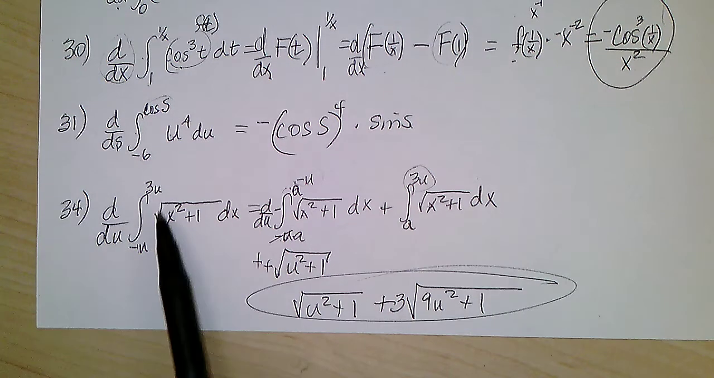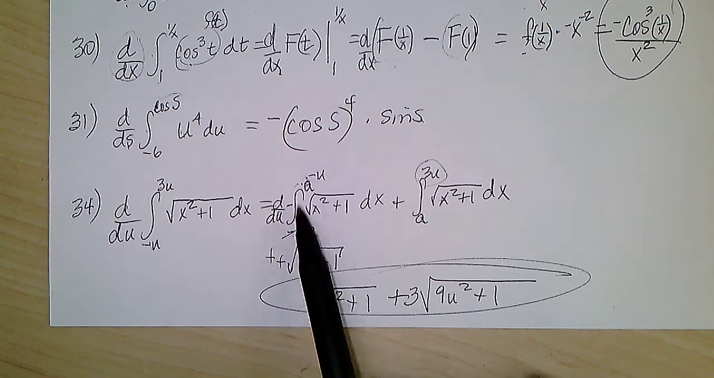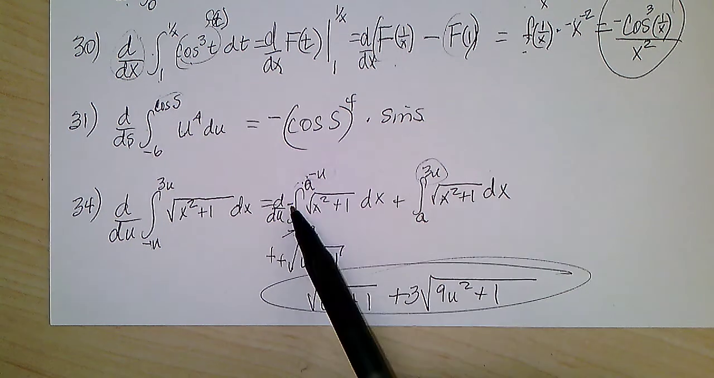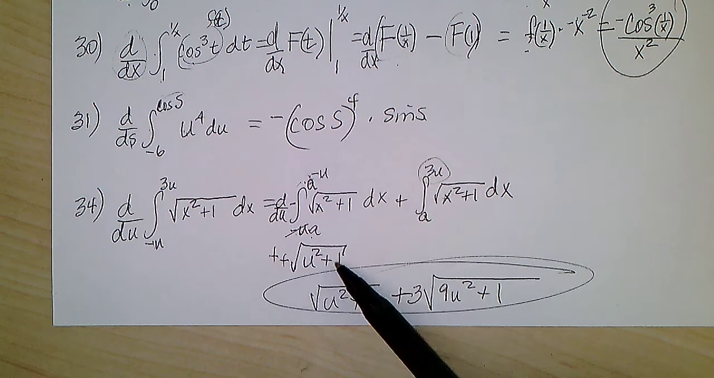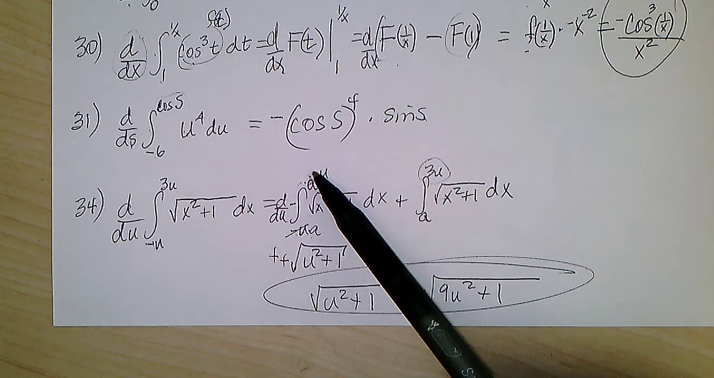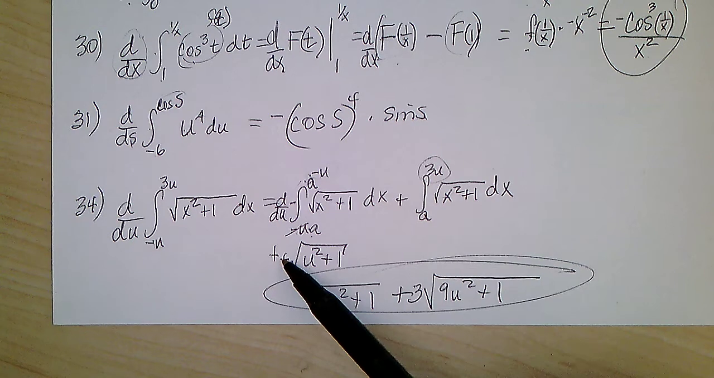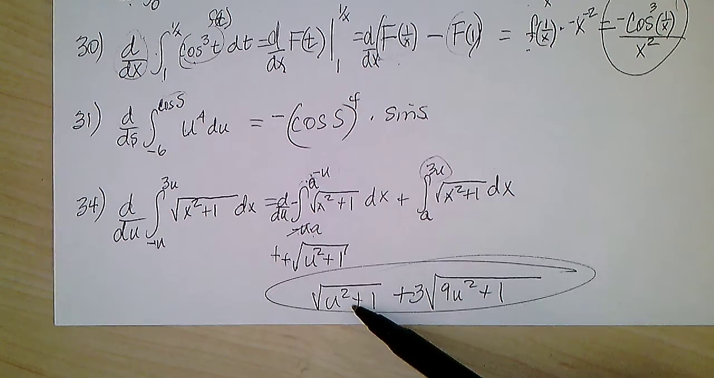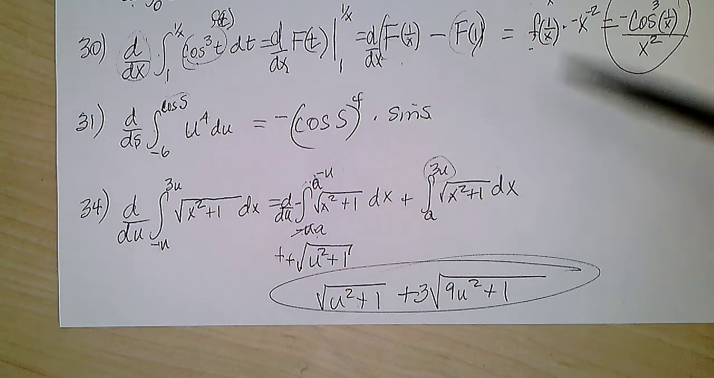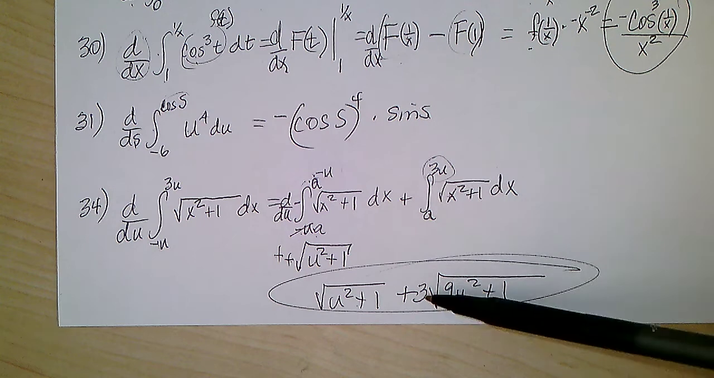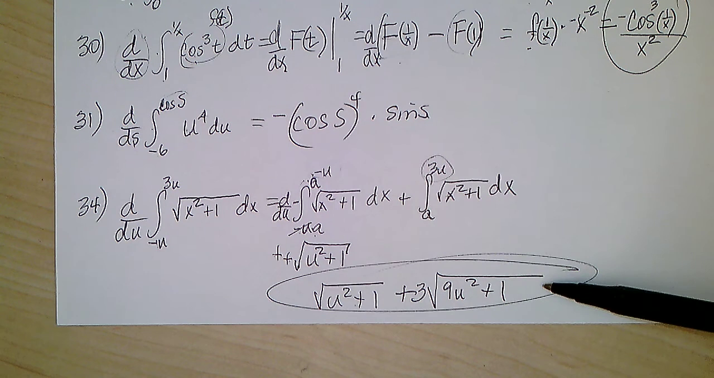Okay, so I split this up into two integrals from negative u to a, and then I flip the limits, so that makes it negative. And then I put in the negative u in here and squared and got that. And then times the derivative of negative u, which is a negative. So I have a negative of the derivative of a negative u, which is negative 1. So that becomes that. And then if I go from a to 3u, I put 3u in there, get 9u squared, times the derivative of 3u, which is 3. And I didn't have to flip any limits, so that's the